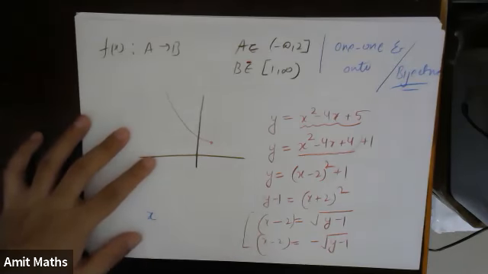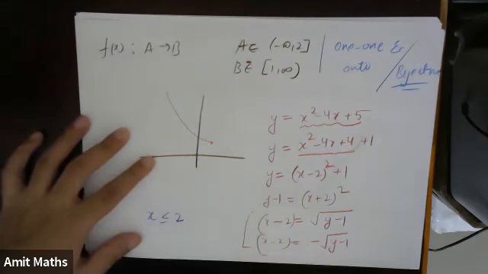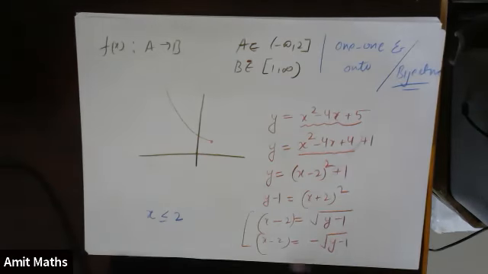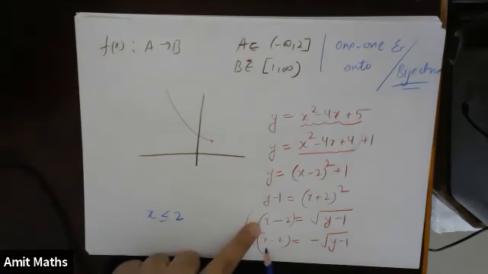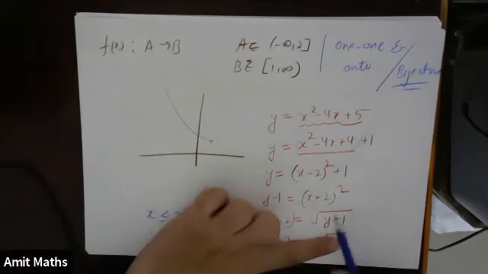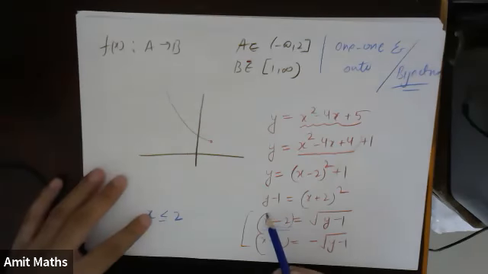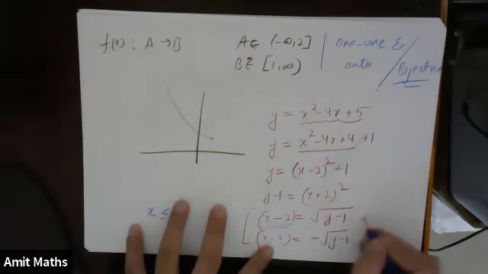Now see, they have already given that x is less than or equal to 2. That means here x will be less than or equal to 2 in both the cases. If x is less than or equal to 2, what is on the left hand side? We will get a negative always. But on the right hand side, in one of the solutions, this part is positive, and on the left hand side we'll get negative. So that means we will neglect this solution.